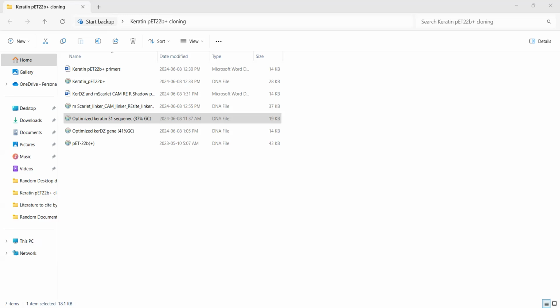Okay. So this is our initial vector, and in traditional cloning, what we would do, we would open this plasmid with restriction enzymes. So we would cut somewhere here, which means we would use XbaI, and somewhere here, which would be with HindIII, because there are no sites after that, so nothing is here. But because this is not restriction cloning, we are doing Gibson cloning, we are going to linearize the vector via